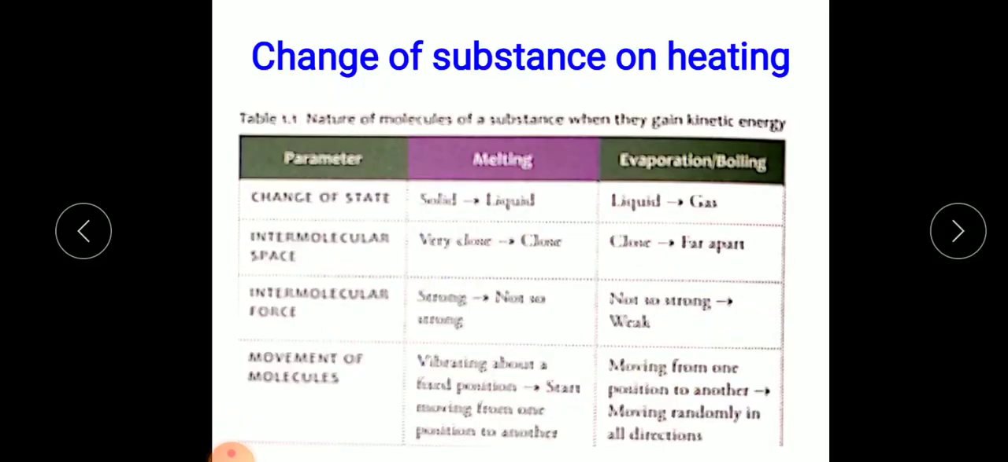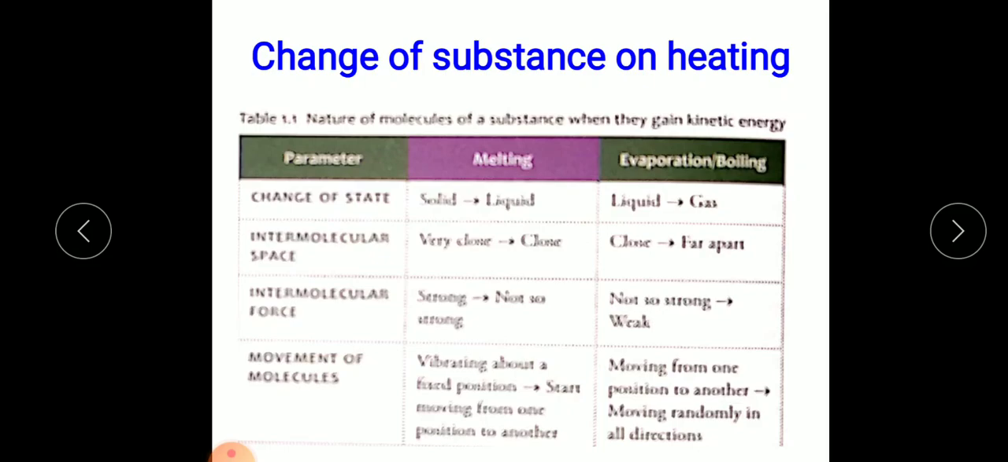In our last class, we discussed how there will be a change of substance on heating and on cooling. In the case of melting and evaporation, we have seen how the changes take place. When a solid changes to liquid, the intermolecular space goes from very close to close. Intermolecular force goes from strong to not so strong, and the molecules, which in a solid vibrate at only one position, start moving from one position to another in a liquid. And in the case of liquid to gas,